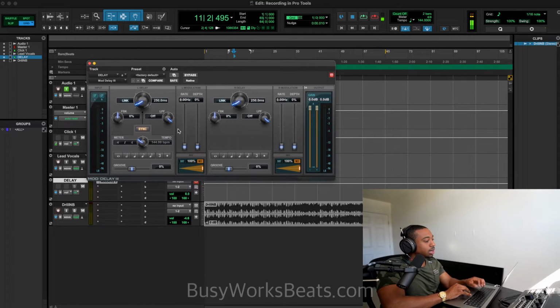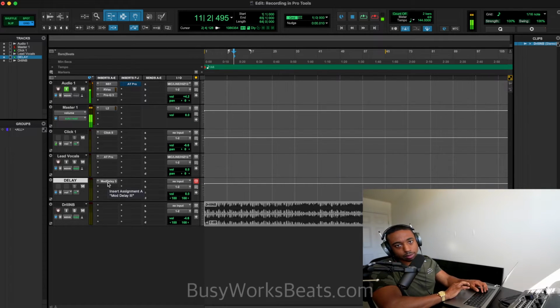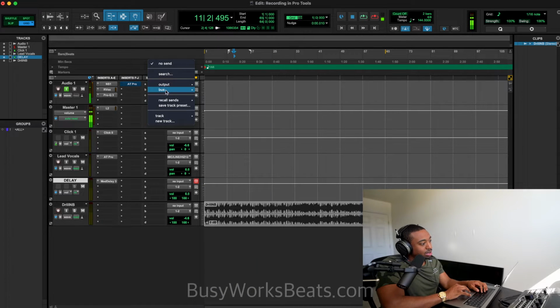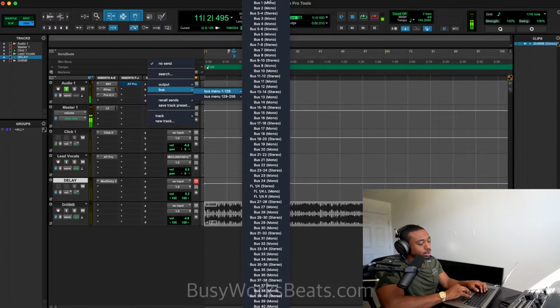Okay, so we're going to have this tempo sync to 144. You don't need to memorize these settings. I'm just making it a little different with the mod depth, which is a pitch bend effect. So now I'm going to send my vocal. I'm going to show you guys how to do this. So you could send, again, my vocal track is considered a child of this project file. So we're going to send this child on bus number 1 and 2 in this case.